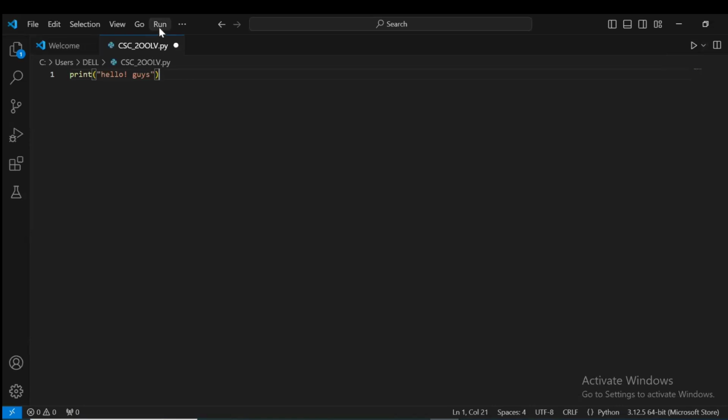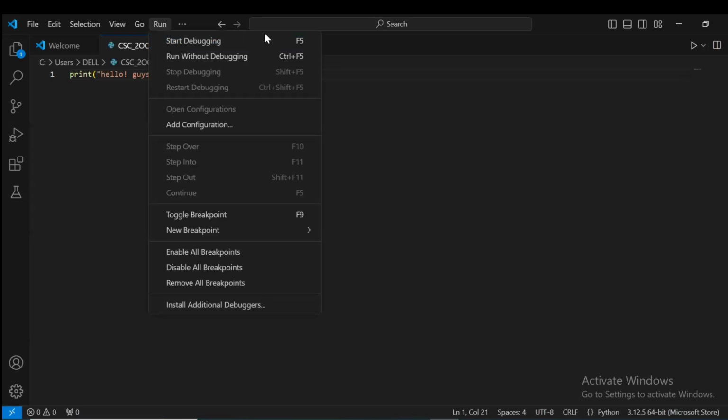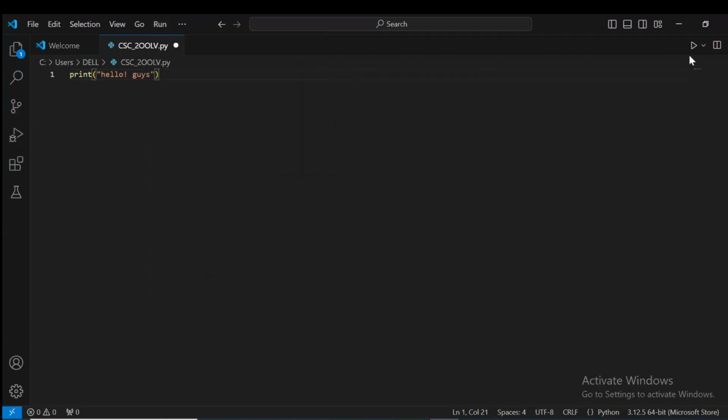You can run it from here. Now you can choose to run with debug, or you can choose to run without debug. Running with debug means you are checking errors while running the code, fixing the errors while running the code. You can also use your shortcut F5 to run and Control F5 to run, or very simply click on